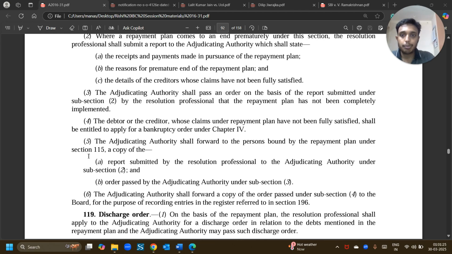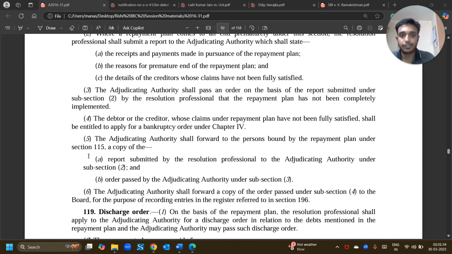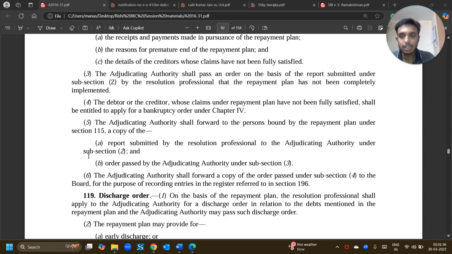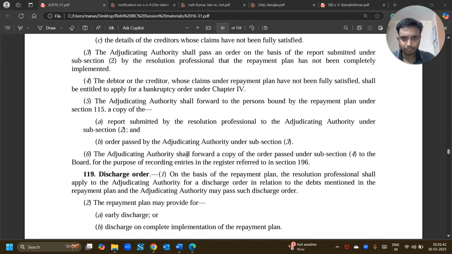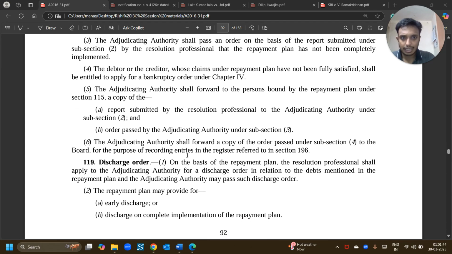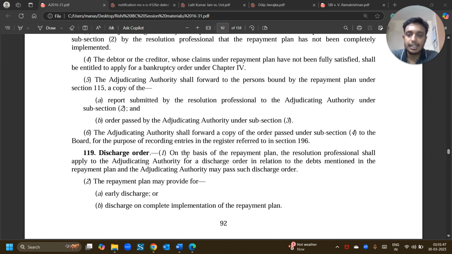Now, what will the report of the RP contain when the plan has prematurely come to an end? A. Receipts and payments made. B. Reasons for the premature end. And C. Details of creditors whose claims have not been fully satisfied. Now, basis this report, the adjudicating authority will pass an order,